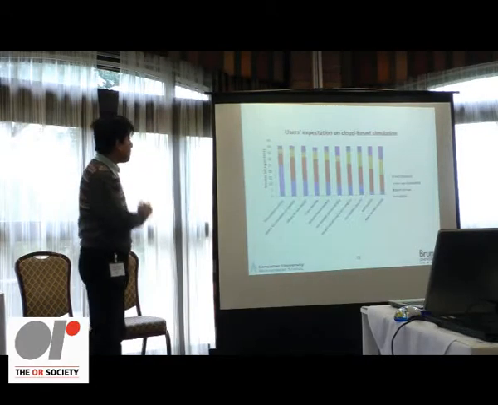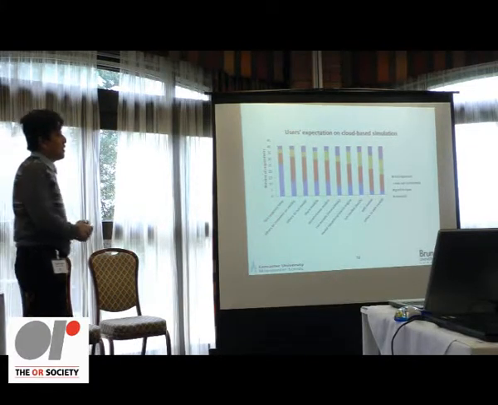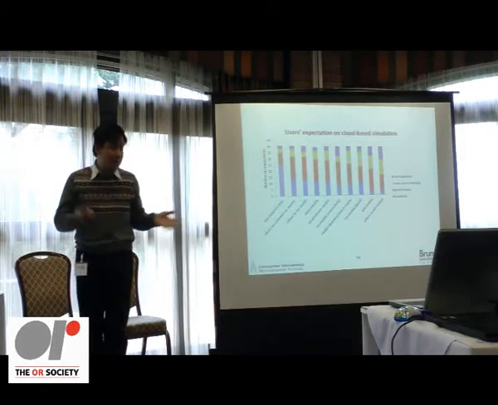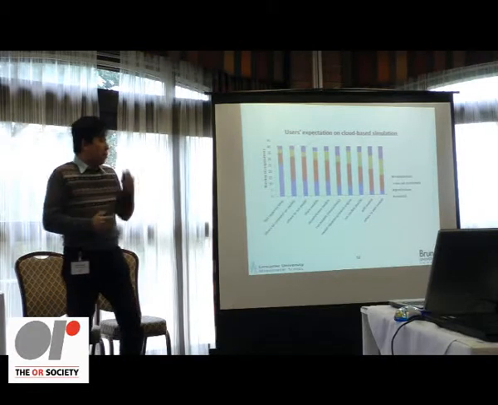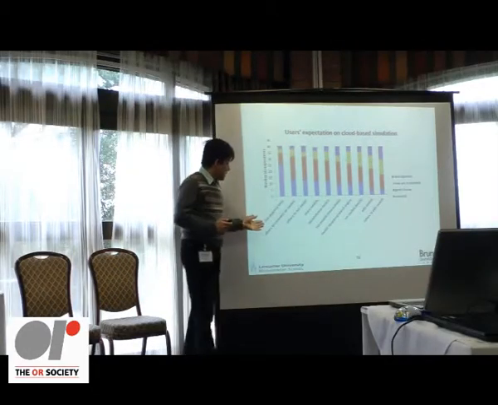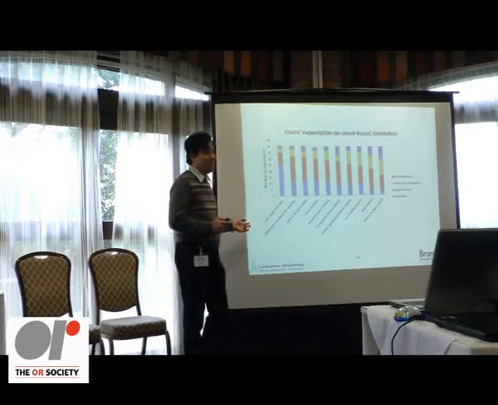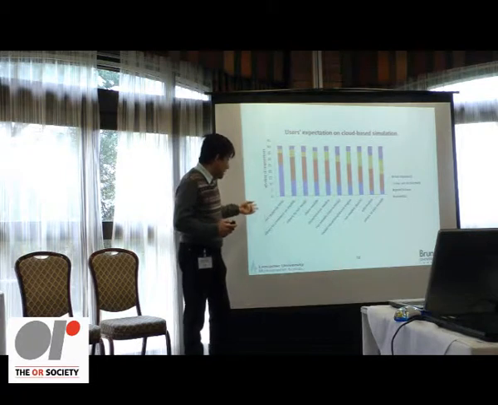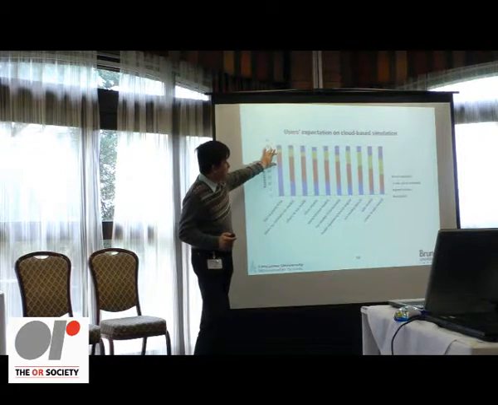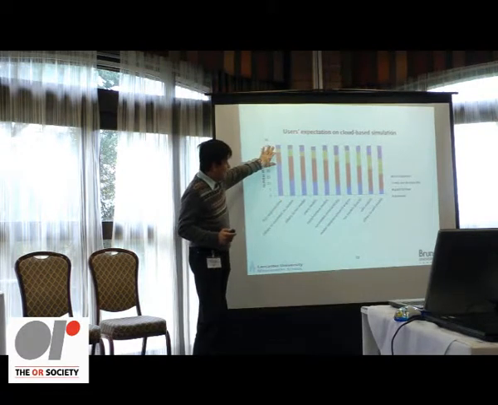Okay, this is the last part of the survey. So we asked the users, suppose you have a stable and fast internet connection. So we need them to assume this. And what would you expect? How do you rate the following features? I think it's not surprising that most of them rate fast response time as their first priority. So you can see here, the blue one is essential. The red one is good to have. So we are looking at the high blue and high red here.